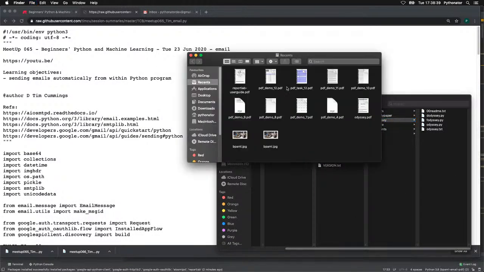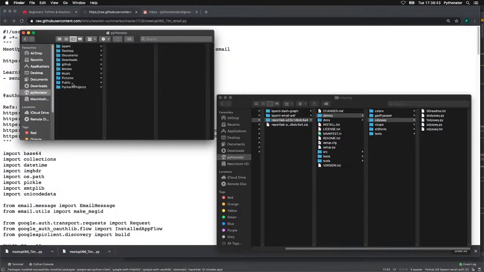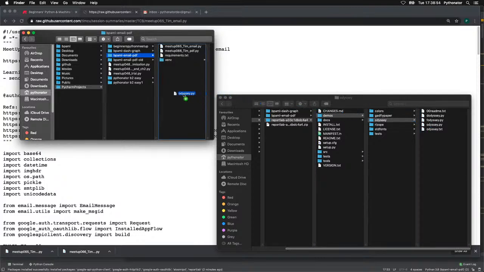So I'll just open another. So odyssey.py shows how to convert a text file which has got the full story, Homer's Odyssey, in it, and how to convert that to a PDF. I'll move that to there,